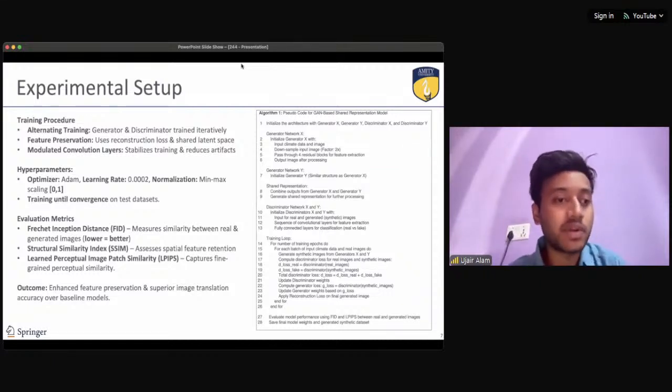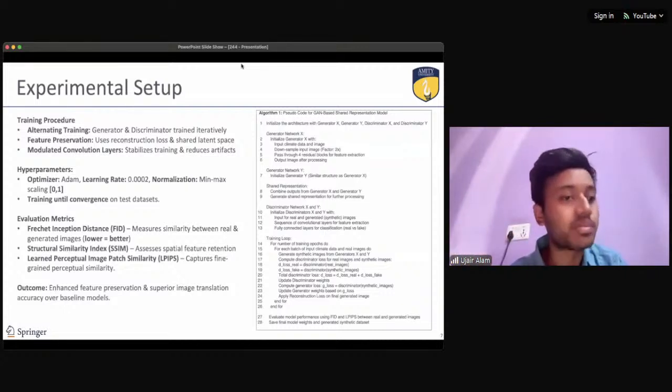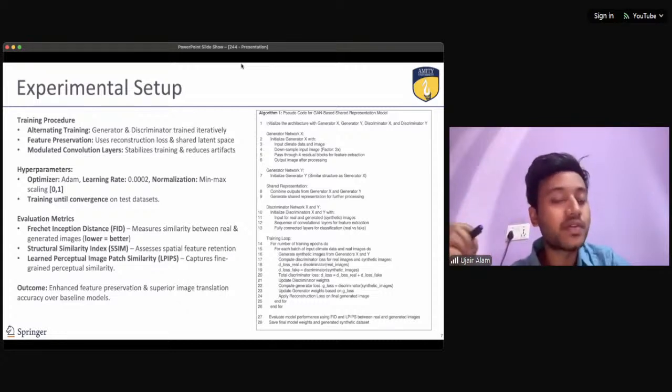The evaluation metric that we took was FID, Fréchet Inception Distance, which judges the feature vectors of the real and the translated image, whether they are good enough for the localization purpose or not. And Learned Perceptual Image Patch Similarity, LPIPS, is one of the famous deep learning networks which is used